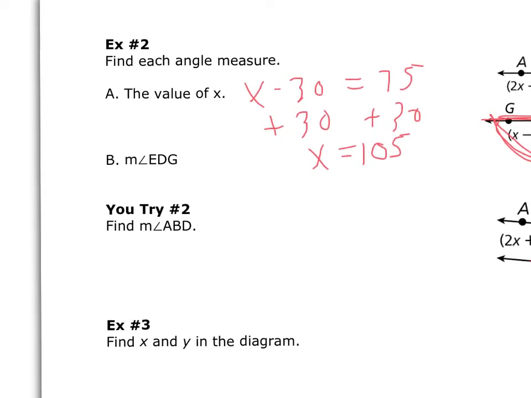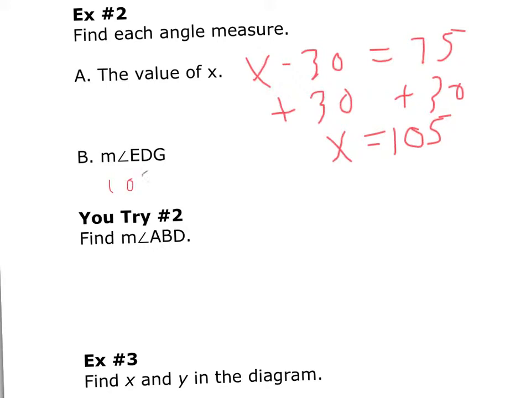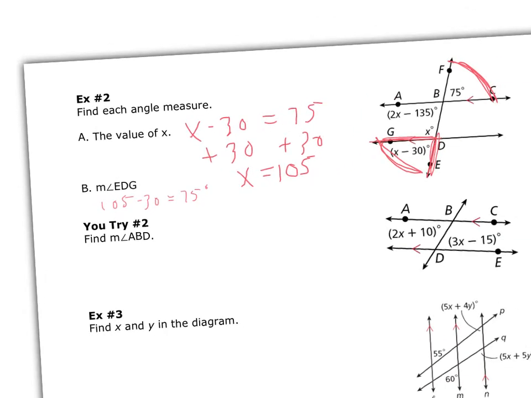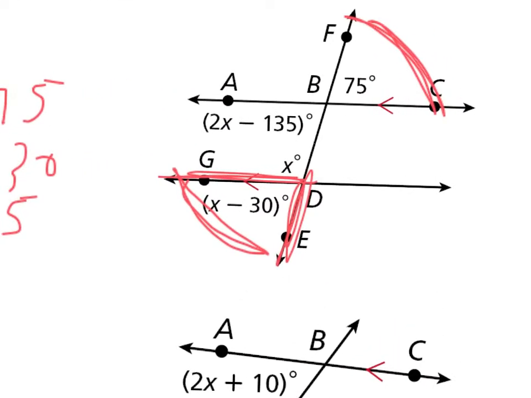So if you took 105 and subtracted 30, you'd get 75 degrees. And there would be multiple ways to solve this problem. You could have solved for x by knowing that these two angles are congruent and set them equal to each